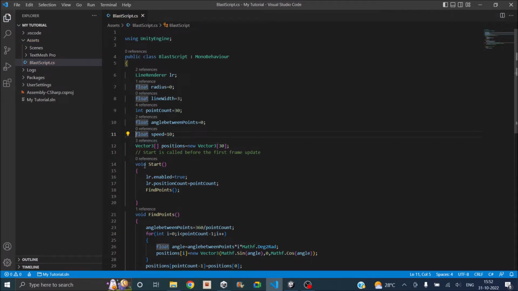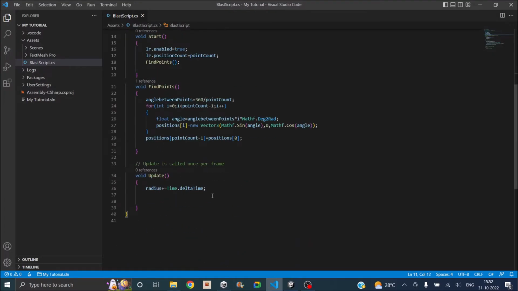So we'll make it a public variable so that we can change it from the inspector, and we'll multiply speed with Time.deltaTime, and we'll increase the radius after we set the positions of our line renderer. That is because we need to set the initial position to a 0 position. So we'll create a function which will be void SetPositions,